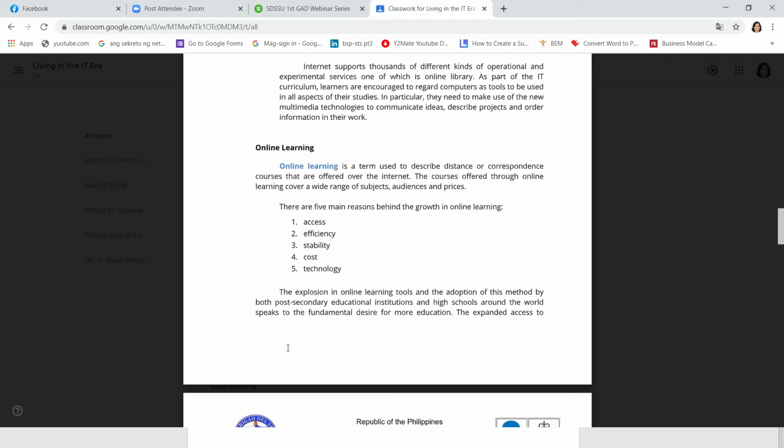Okay, so online learning is a term to describe distance or correspondence courses that are offered over the internet. So what we are doing right now is somehow a blended online learning. So the courses offered through online learning cover a wide range of subjects, audiences, and prices. So there are five main reasons behind the growth in online learning. Why online learning existed. So these are the five reasons behind why